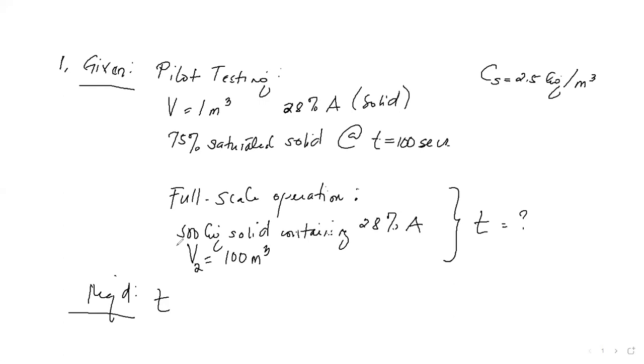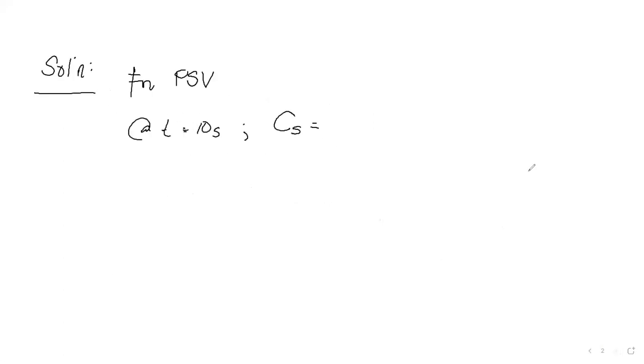At 100 seconds, 75% saturation was achieved. So in the pilot testing, if I write here at t equal to 100 seconds, we have C sub S being equal to 2.5 kilogram per cubic meter, and we only achieve 75% saturation at this particular time. So our C sub S in the pilot scale vessel is only around